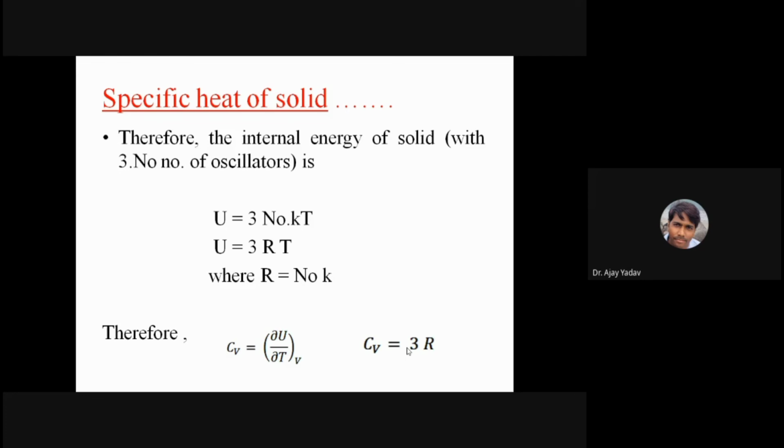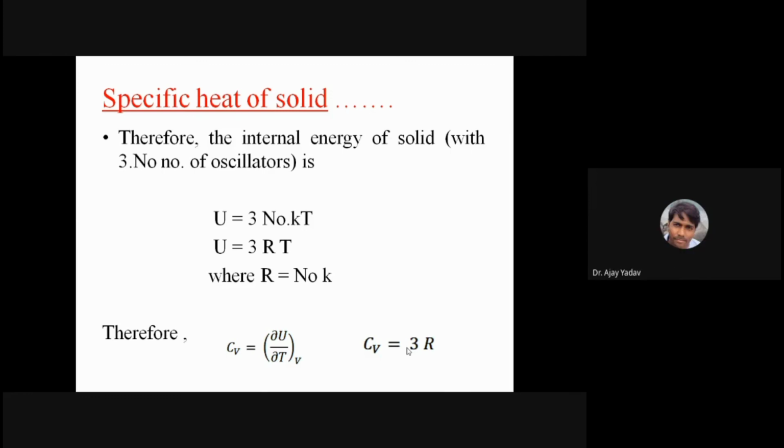So whatever assumptions they have made, that a solid consists of n0 number of atoms, every atom is like a three-dimensional oscillator. A three-dimensional oscillator can be assumed to be three times a one-dimensional oscillator. Internal energy of the solid resides in the atomic vibrations of these oscillators. So whatever assumptions they made, it is in good agreement with the experimental observations. So more or less, people thought that yes, this is what must be happening inside the solid. So is that clear to everyone?